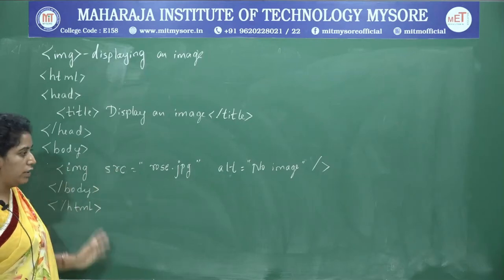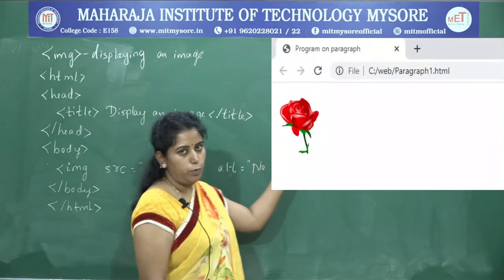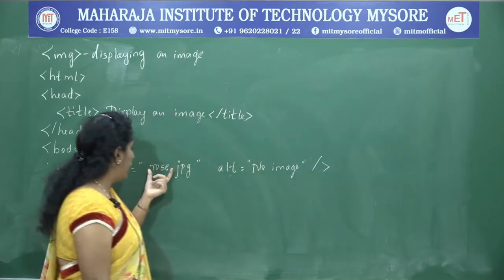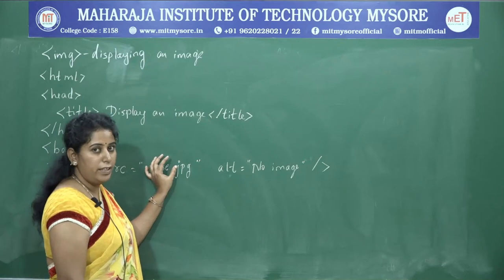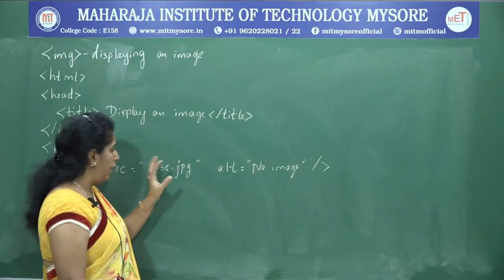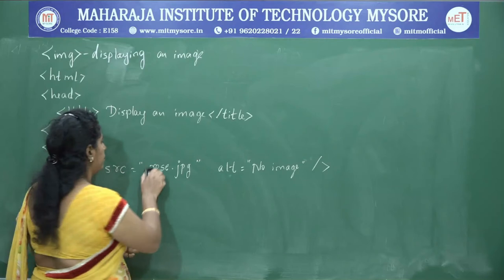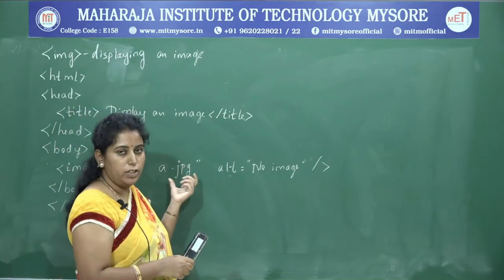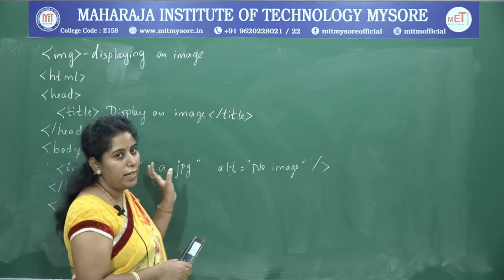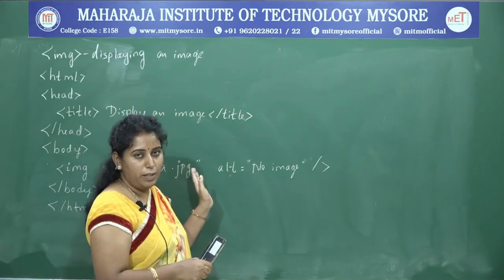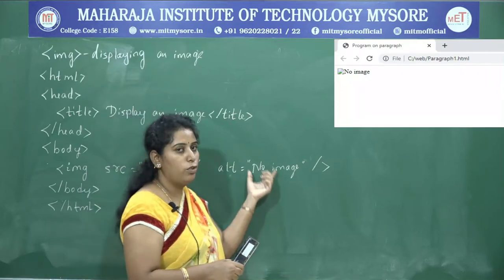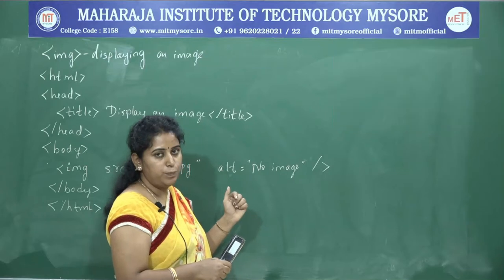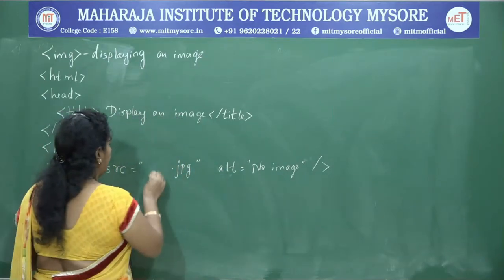Once you run this program, you can look at the output to see how the image has been printed on the screen. In case I alter this image to something not present, I will give a.jpg. If this file or image is not present in my system, finally it is not able to print the image. Is it right? By that time you can look at the output, where the alternate message I have given is printed on the screen. For the time being, let me take this itself,